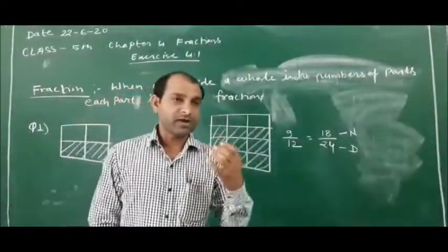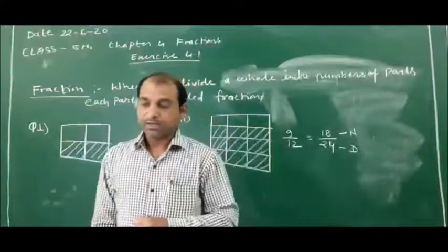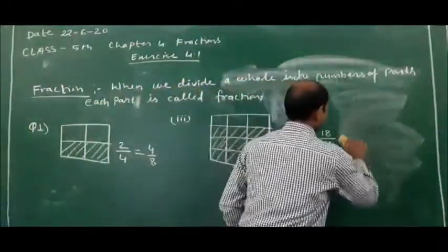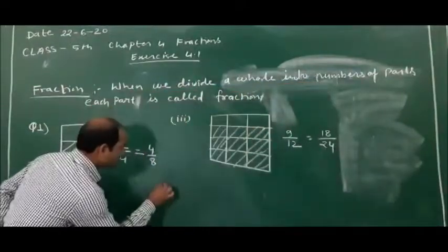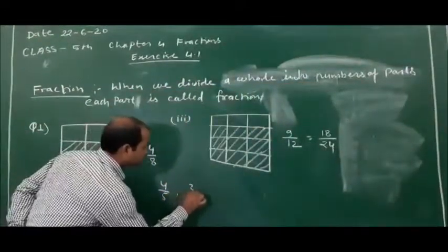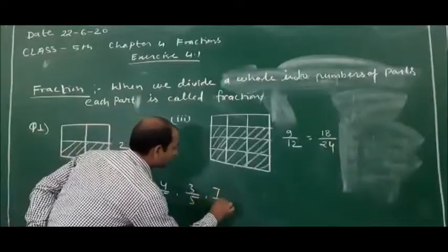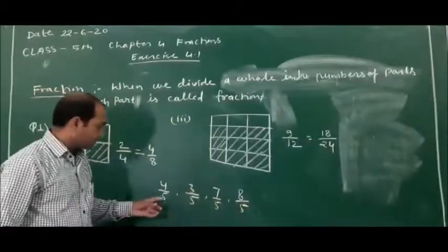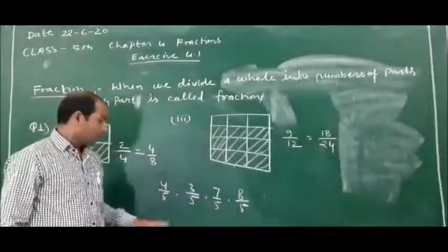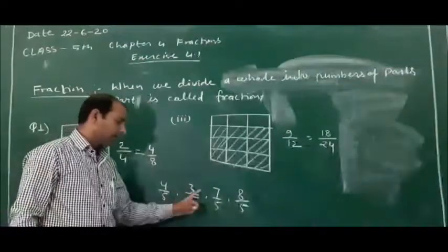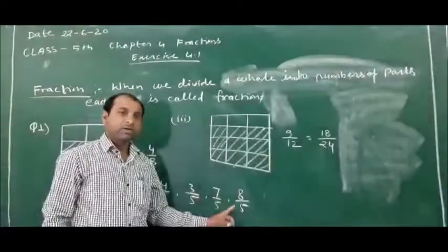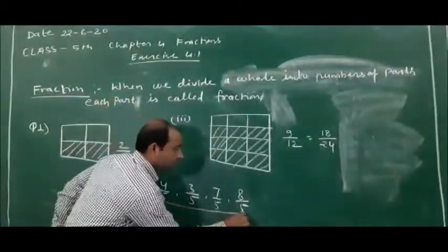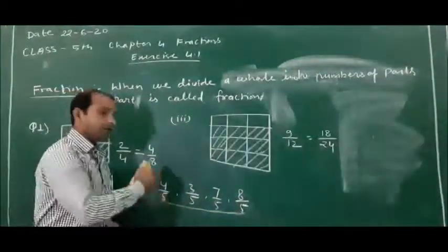This first fraction is like fraction. Like fractions have the same denominators, just like this type: 4/5, 3/5, 7/5, and 8/5. Here we write some fractions: 4/5, 3/5, 7/5, 8/5. All these fractions' denominators are the same. So this is a like fraction.